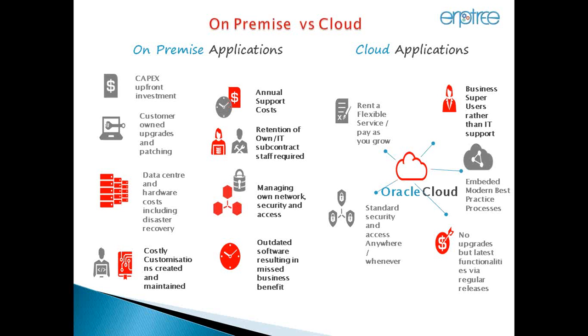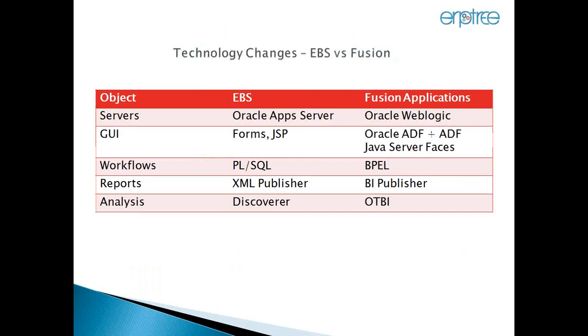So whatever we discuss, the same points here you can see, and a few more points to understand the technology changes. There are many things that we'll discuss as a part of the course, but here I mentioned them at a very high level. So in case of EBS, when I talk about servers, we use Oracle Application Server, which has the Apache server. But in the Fusion application, there is no more Apache server; they are using the products which Oracle acquired, the Oracle WebLogic server, and GUI, graphical user